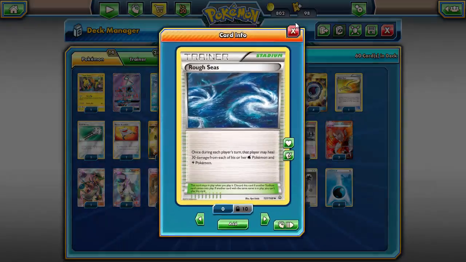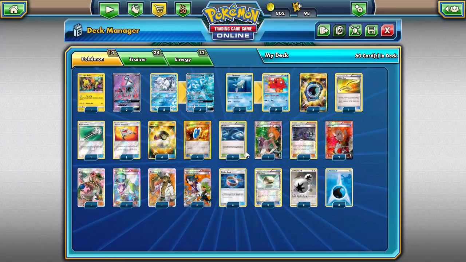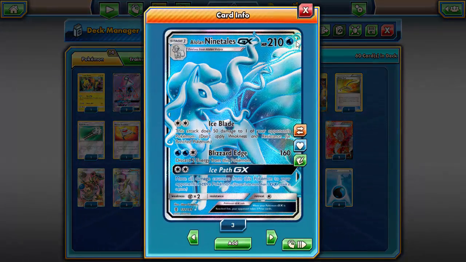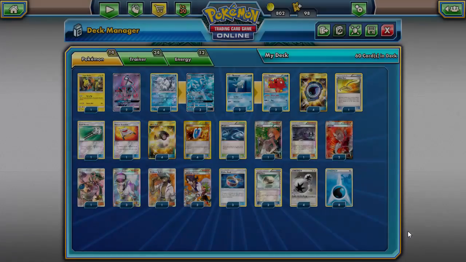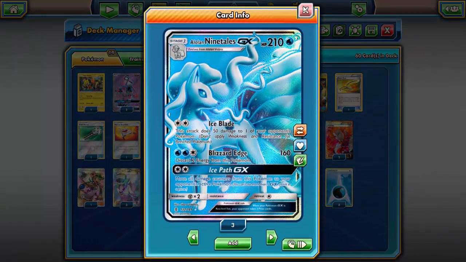2 Rough Seas, only 2, just because, I mean, really, ultimately it just came down to space in the deck. But Rough Seas is definitely one that you want to use just because Ninetales is able to heal itself, have a little bit more longevity, that type of thing. Although be careful, if you're going to use Ice Path on a turn, do not click Rough Seas. Well, I mean, unless you still get an...